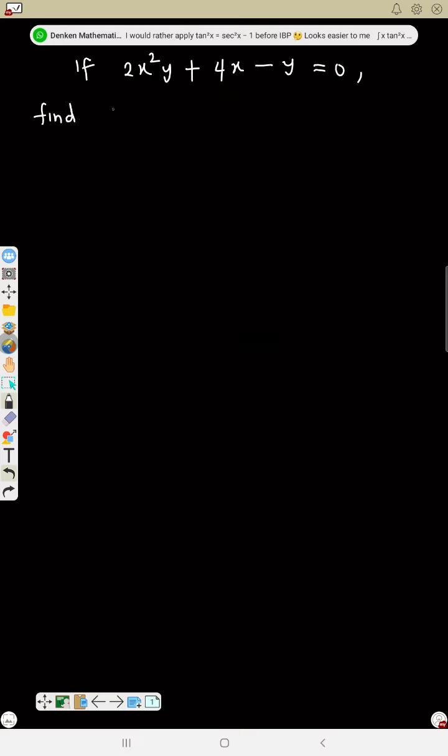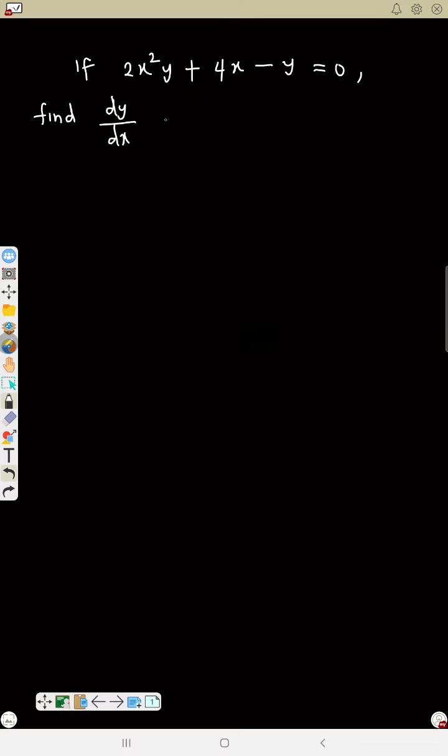Okay, still on implicit differentiation, from where we stopped the last time. Example: if 2x squared y plus 4x minus y equals 0, find dy/dx at point 1 comma 1. Now this is still the normal way of solving dy/dx, but here the point 1 comma 1